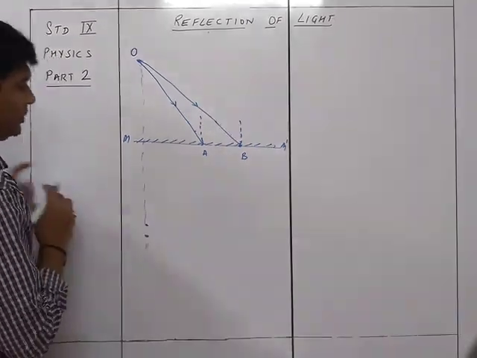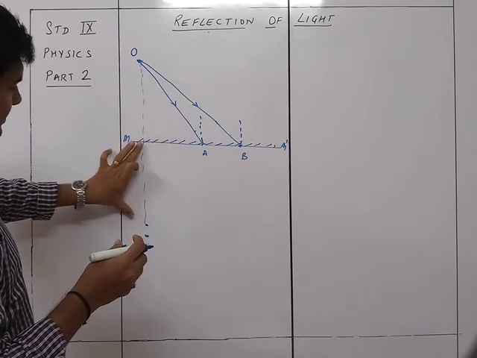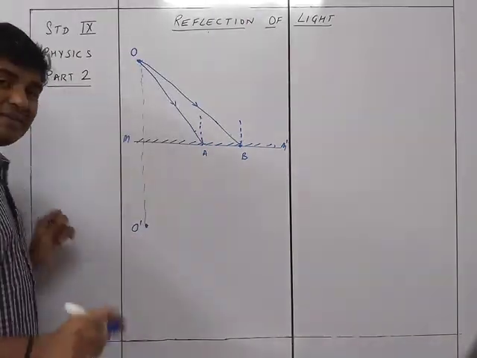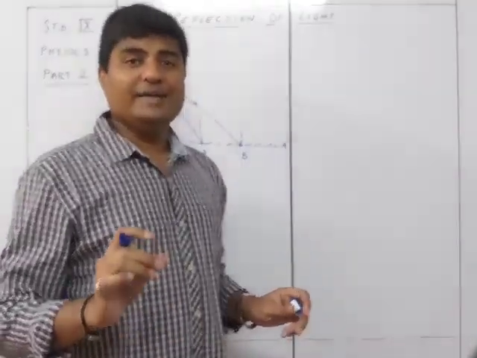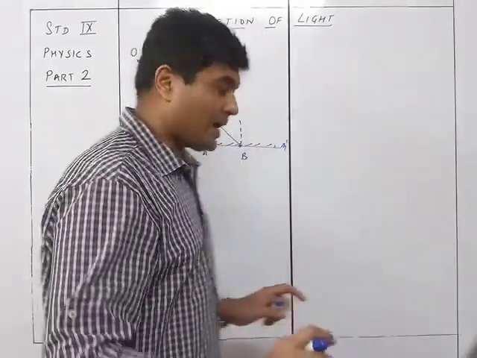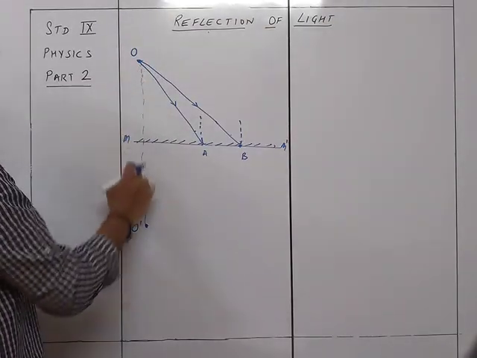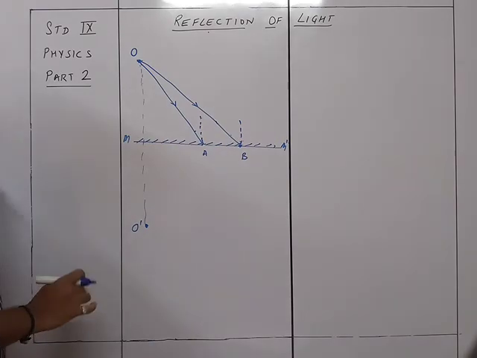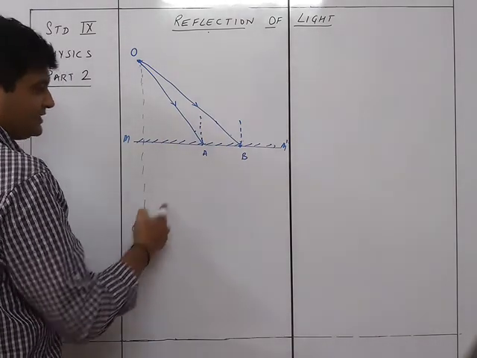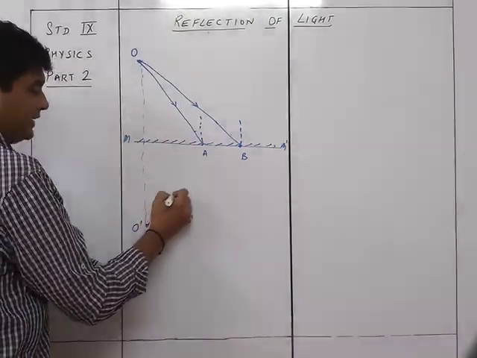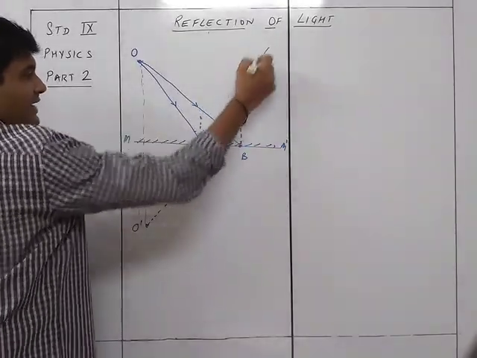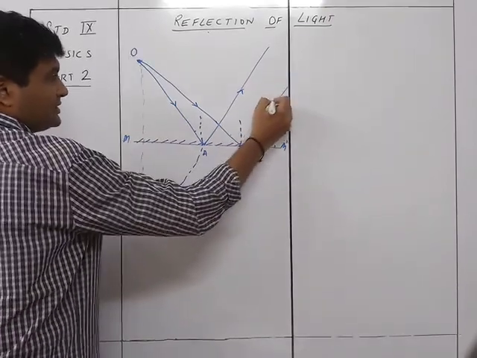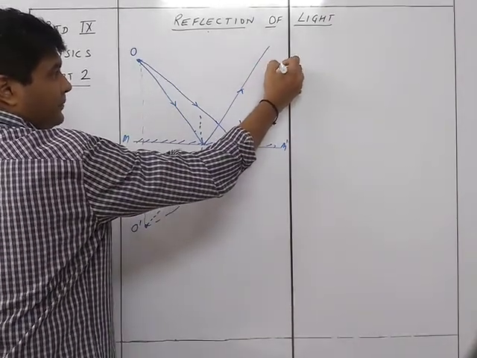So at 5 centimeters, if this is the distance over here, the same distance I take it over here. So this will be my point O dash. So right away I will mark the image. Okay, the image I am marking over here is exactly the same distance from the object to the mirror and the mirror to the image. And then I just put a scale here and draw the line through A and straight like this. Draw it like this and straight like this. This is the eye.